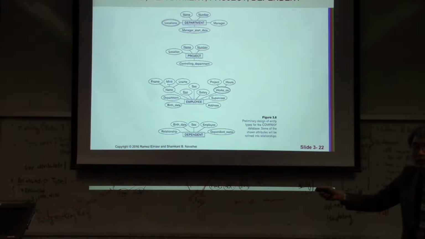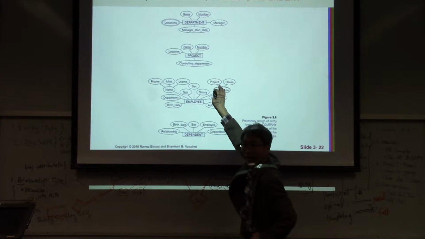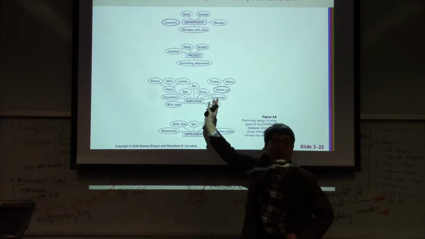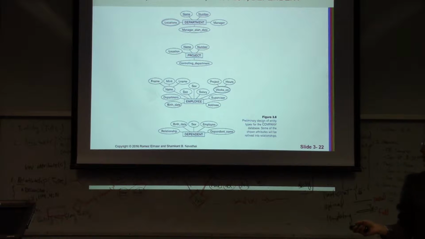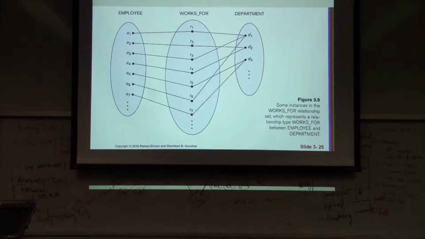For example, name. If you need the composite, it can be like this one. Also, in the case of works on, at this time it is what? Attribute. But later it will be the relationship, especially a many-to-many relationship like this. Okay, this one does not have a key attribute. Only a partial key, that is the dependent name. Like this one. So next step is